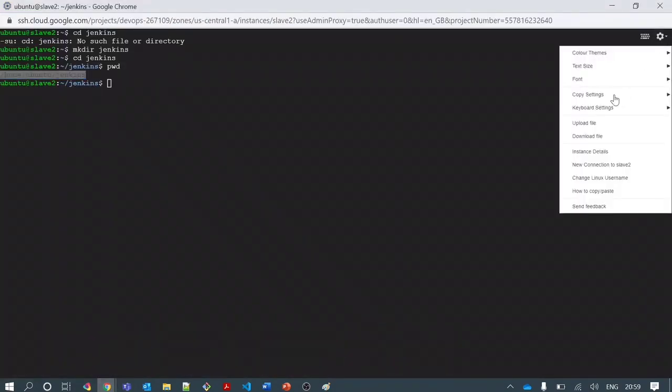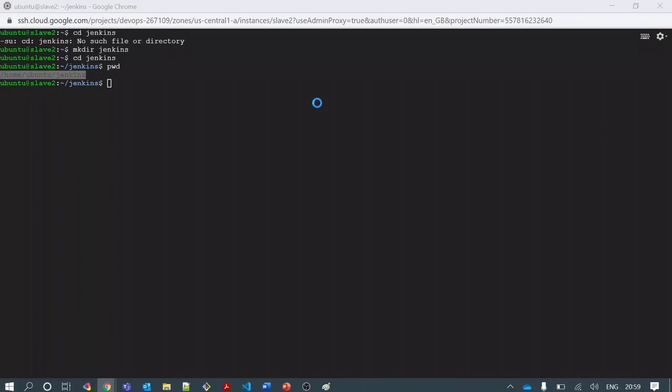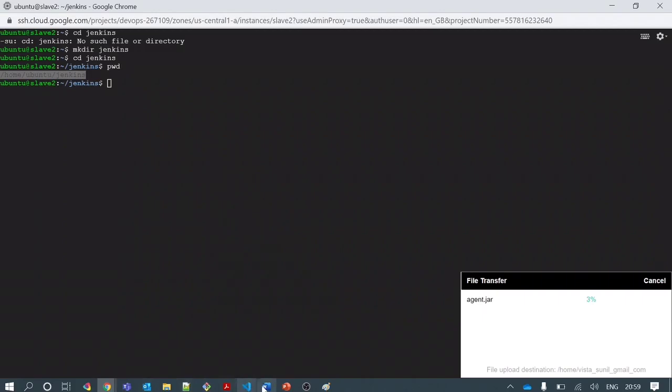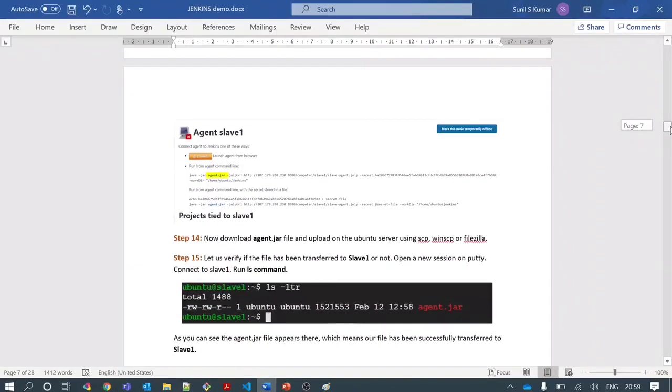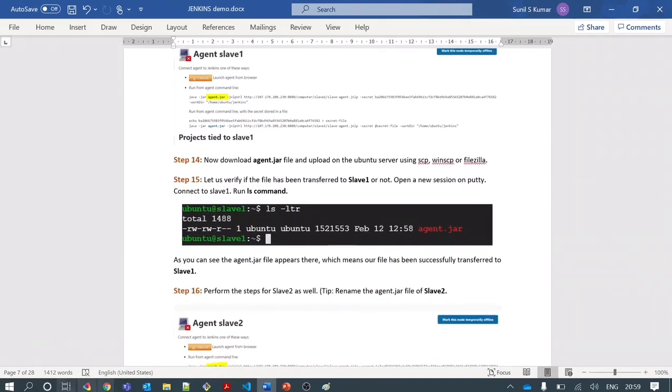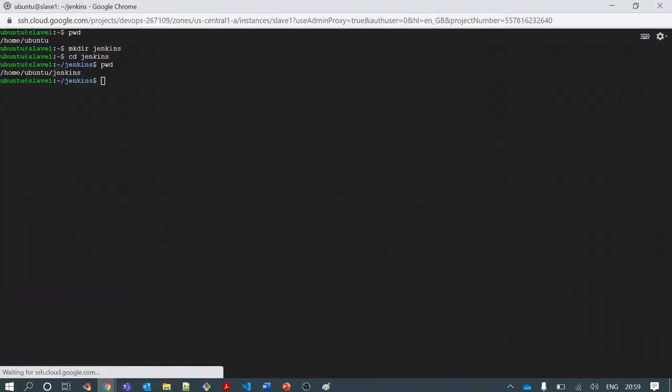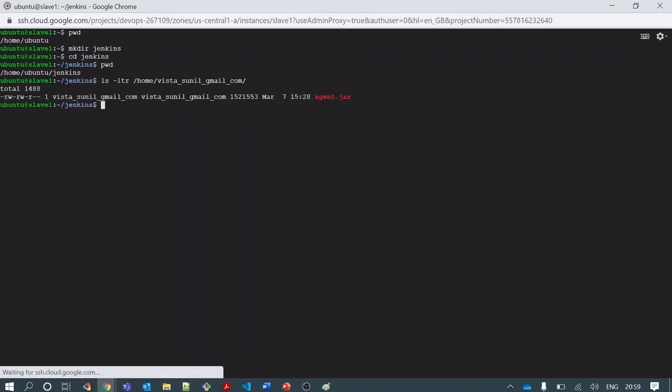So let's upload this as well on slave 2. So slave 2 jar agent.jar needs to be placed on slave 2, and while it is uploading, I will proceed with the next step on my agent or slave 1, right? So let's see if this file is uploaded successfully, where it is downloading to my home folder, and that path is home/v. If you see here, you will find the agent.jar placed here. I will copy this from this location to my current location.